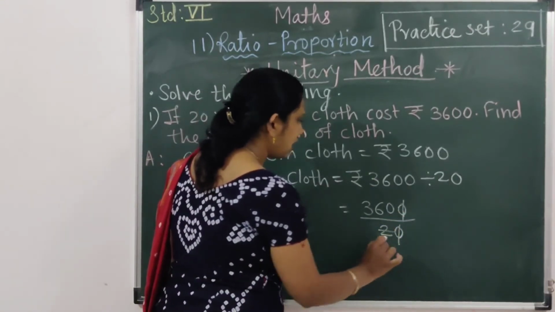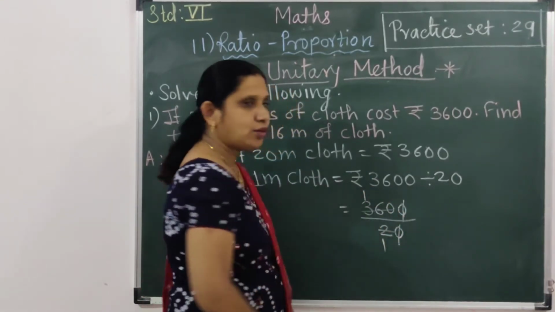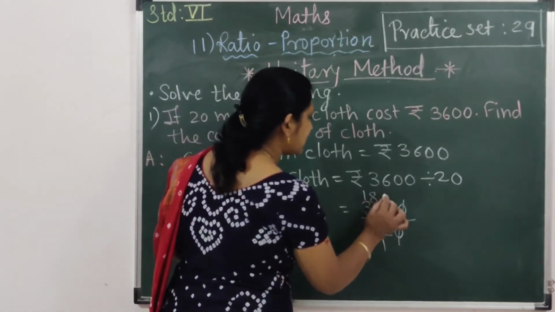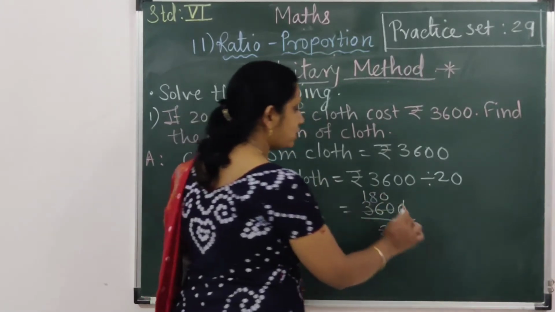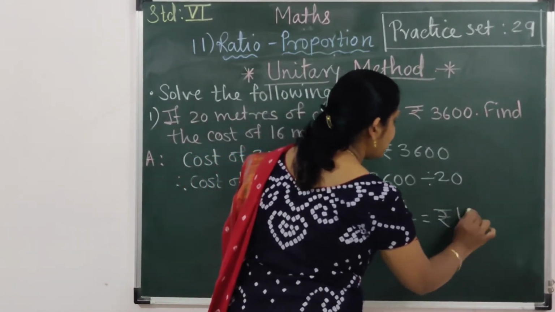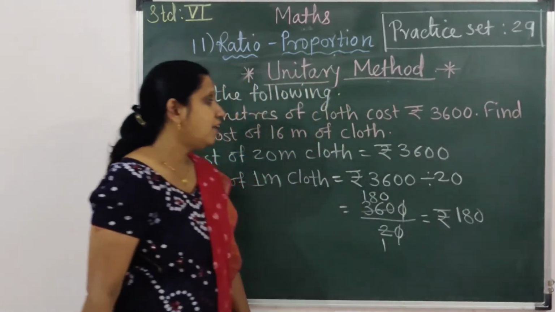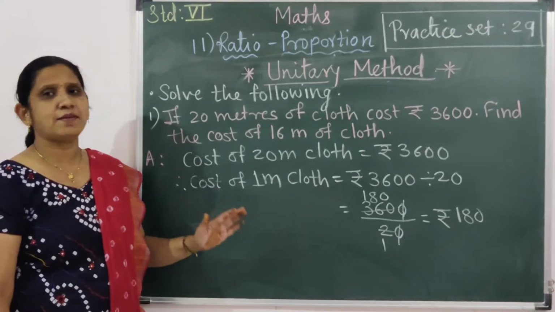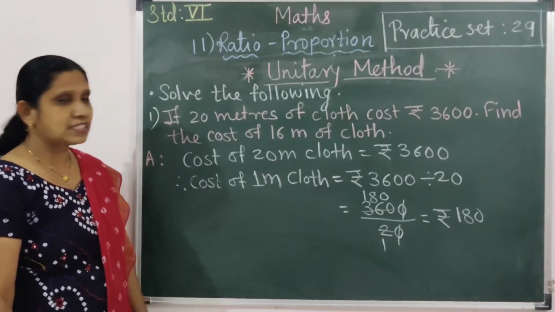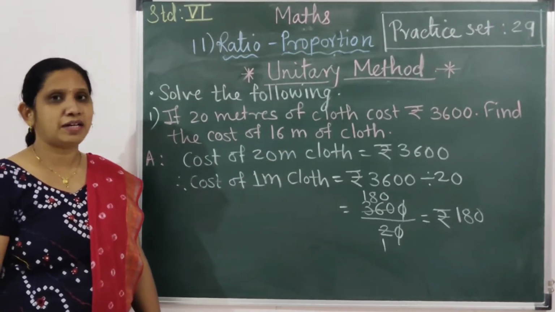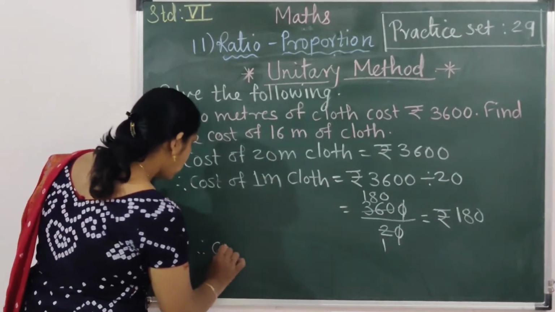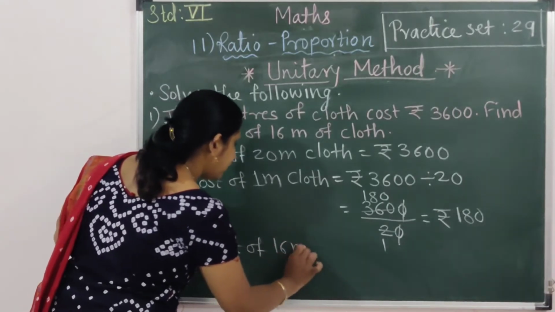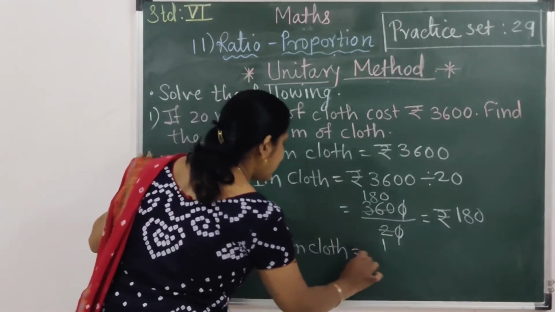Alright, 2 ones are 2, 2 ones are 2, 3 minus 2, 1 remains, number becomes 16, 2 8s are 16, 2 zeros are 0, so it will come rupees 180. Now as we know the value for 1 meter of cloth, it is very simple to find the value for 16 meter of cloth by doing multiplication. Therefore, cost of 16 meter cloth is equals to